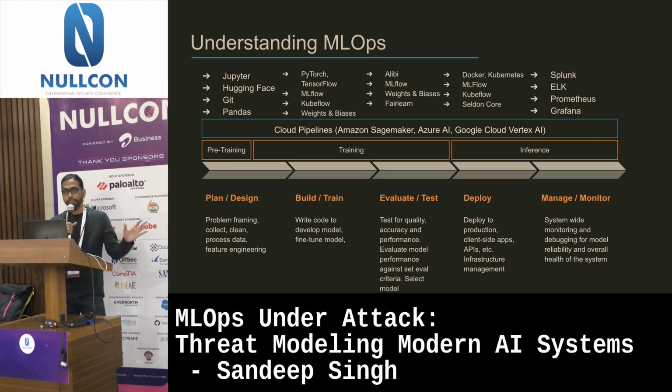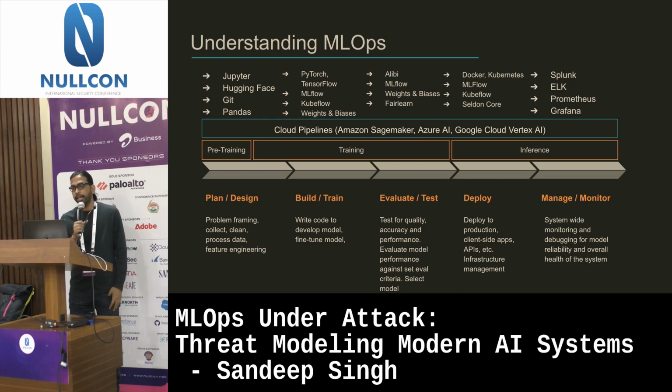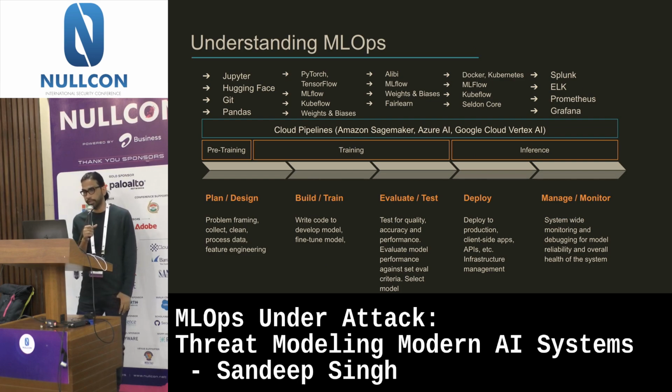Okay, so now all of this could be done using managed cloud pipelines as well. And that's where the hyperscalers come into the picture. You see Amazon has a tool called SageMaker. SageMaker provides this entire life cycle using SageMaker Studio, SageMaker Pipelines, SageMaker Clarify. There are lots of modules within SageMaker. Then you have Azure AI. Azure AI does the same thing in the world of Azure. And then you have Vertex AI, which does the same thing in the world of Google Cloud.